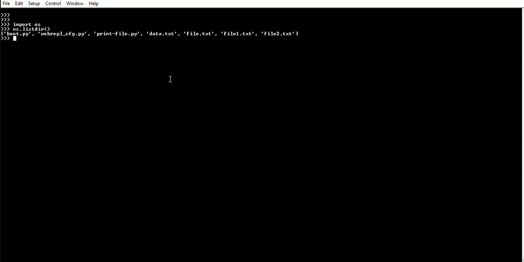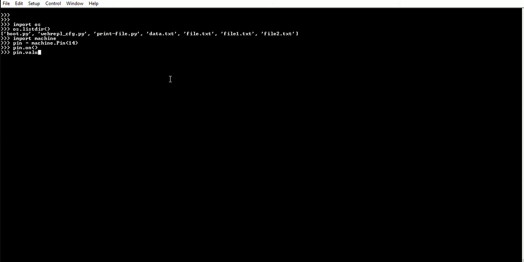So now let us try to read, create a file and then write contents to it. Suppose let us assume that we are trying to enable a pin, okay, and then trying to write the contents of those pin. So if you see pin dot on, if you say on, it powers on.